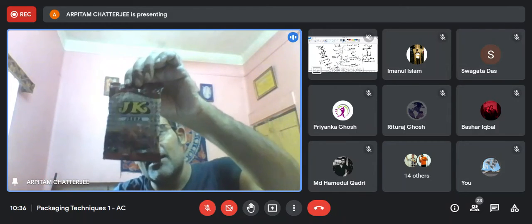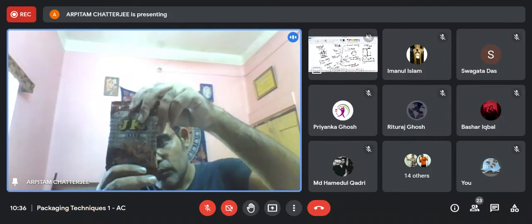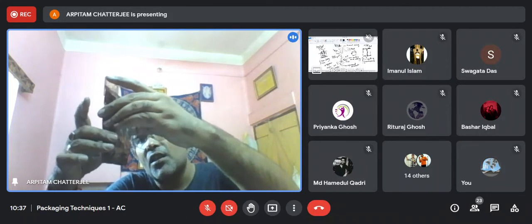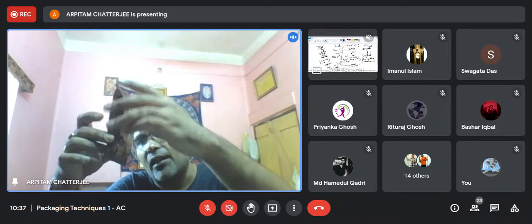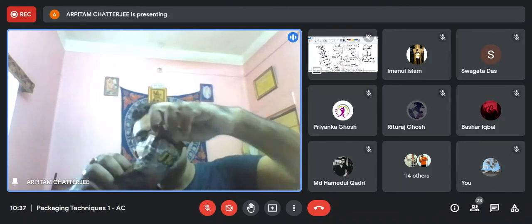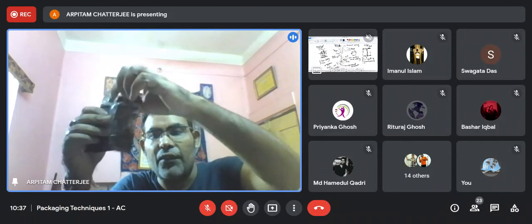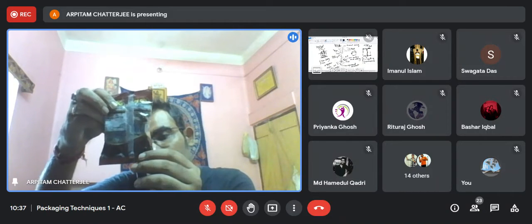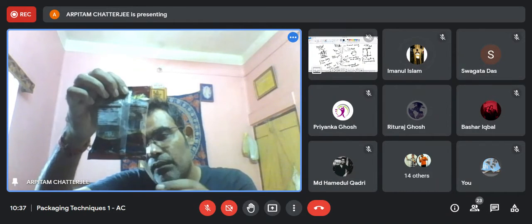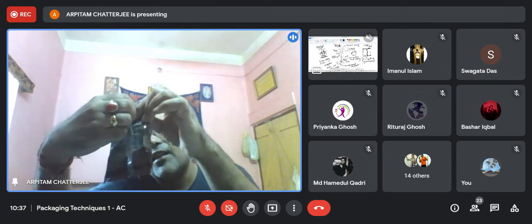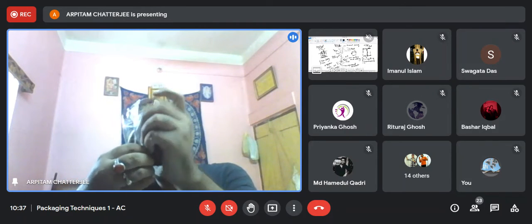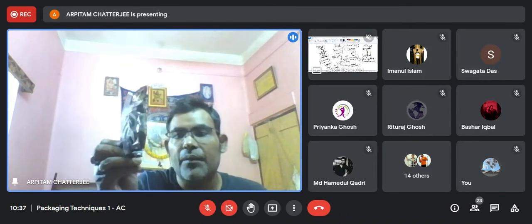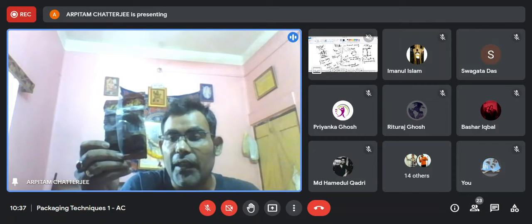Now, how can I understand that this is vertically packed? You can see these two sides have no such joints. It is a solid thing. But I can find a very well visible side seal over here. If I see this side, I can see this seal. Can you see it? Yes, sir. Correct. So this is the side seal, and it is basically telling me clearly that this is a vertically sealed FFS.